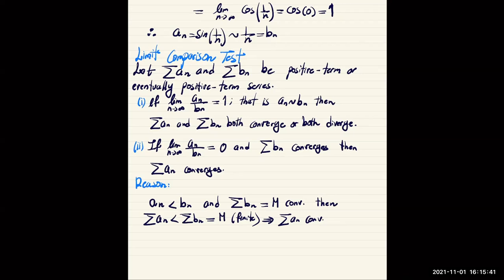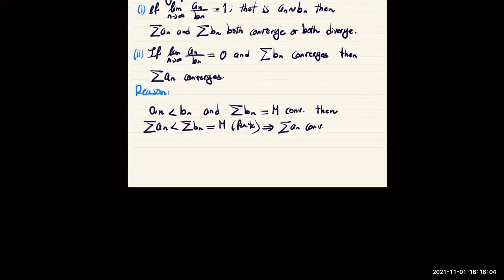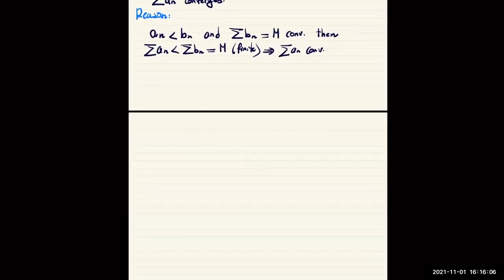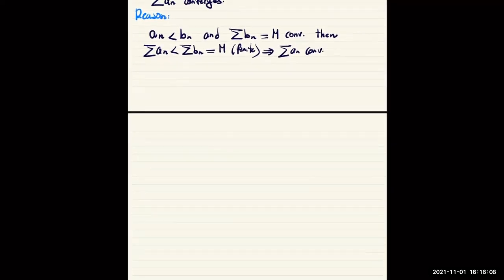Limit comparison is basic comparison done in a different format, pretty much. So if you got a zero limit and the series of b sub n converges, then a sub n is converging. If this diverges, we don't have a conclusion. All right, and we're gonna see examples very soon, maybe tomorrow actually. And then there's a third statement,